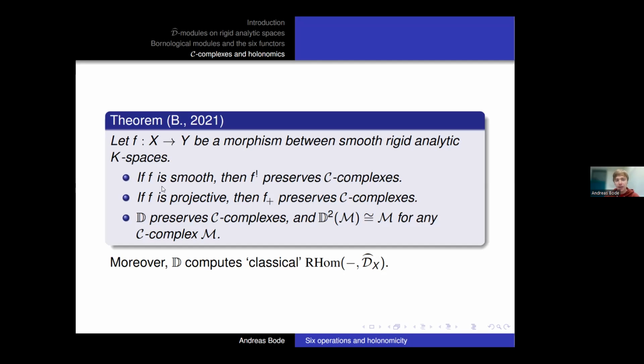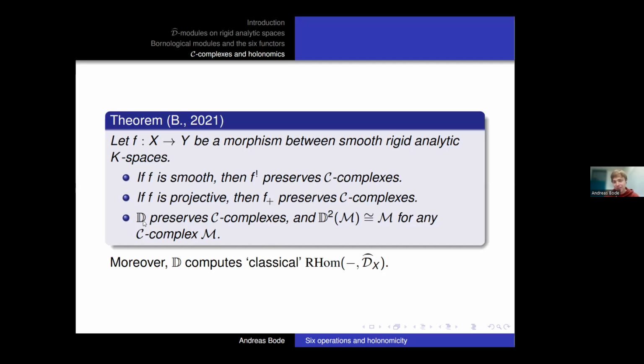If I have a smooth morphism, then the inverse image will preserve C complexes. If I have a projective morphism, then the direct image will preserve C complexes. The duality functor preserves C complexes, and it is really a duality functor in the sense that if I do it twice, I get the original C complex back. Moreover,